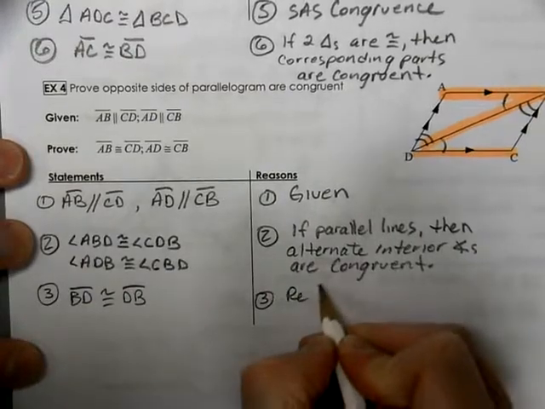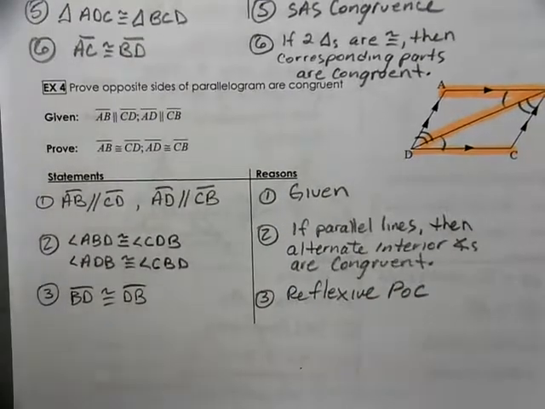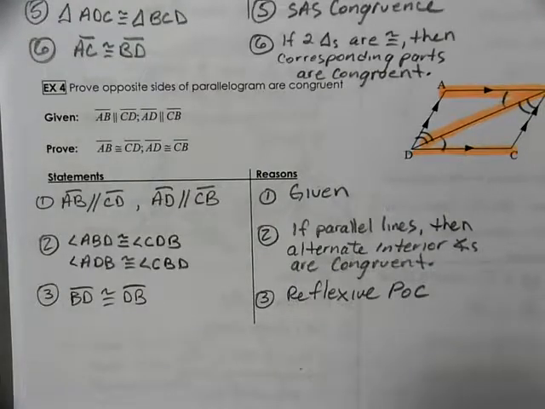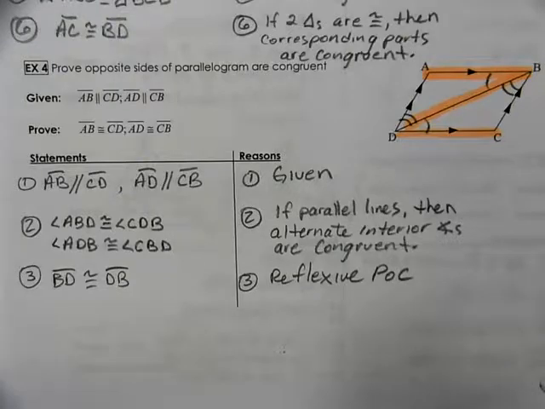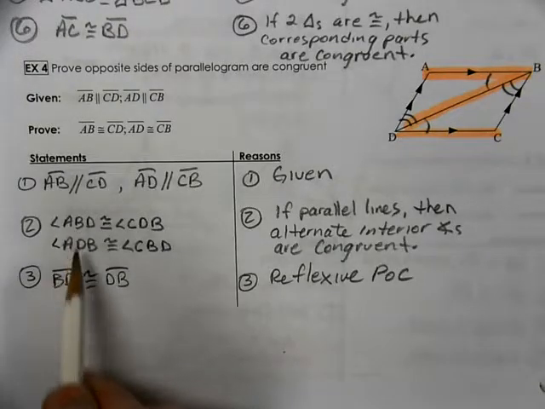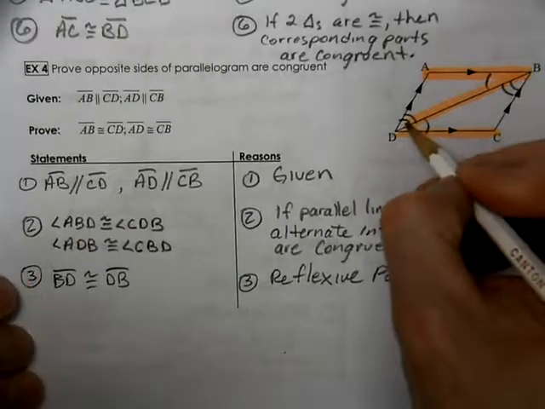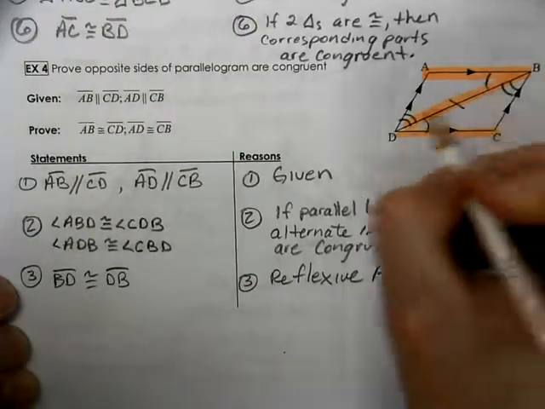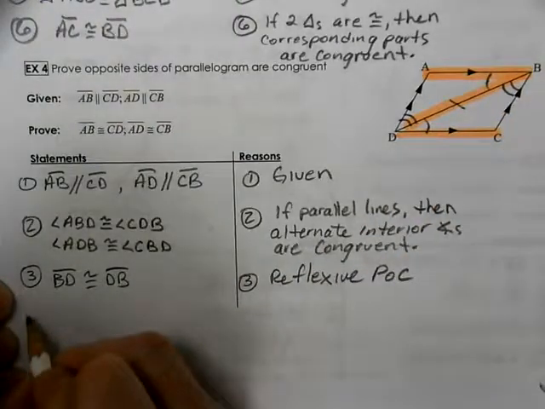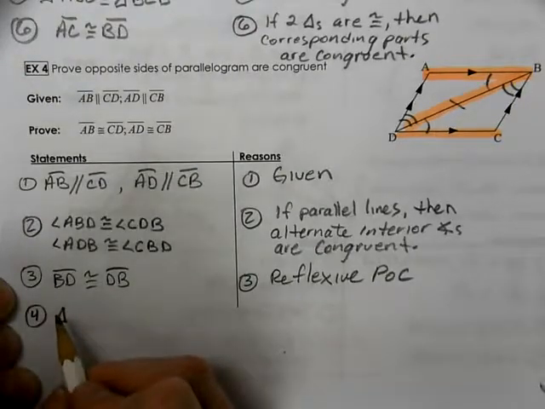That's called the reflexive POC, property of congruence. What do we do next? We've talked about angles. We've talked about a side. In our picture, that gave us 2 angles and the side that connects them. So now we're ready to show that triangle